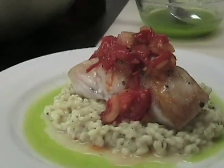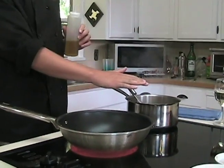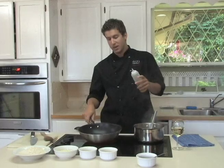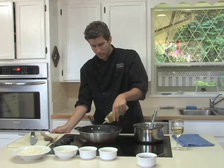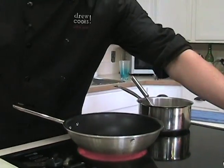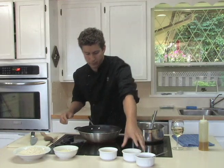This is seared halibut with a lemon pesto risotto, and we're going to go right away and start making our risotto. So what I've got here is some hot chicken stock in a saucepan. I've also got a nice hot skillet here. I'm going to add in some olive oil. And the first thing we're going to throw in there is a few cloves of chopped garlic,